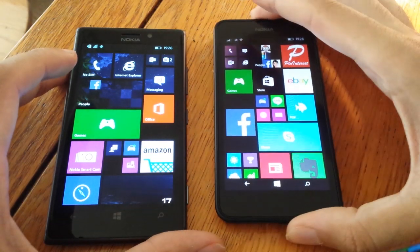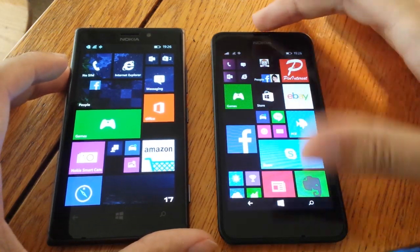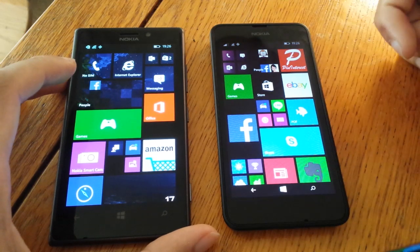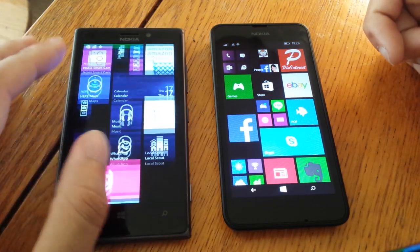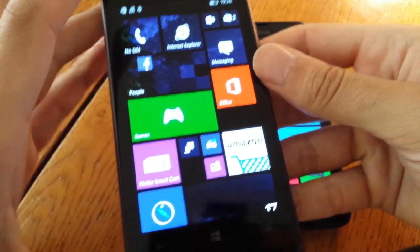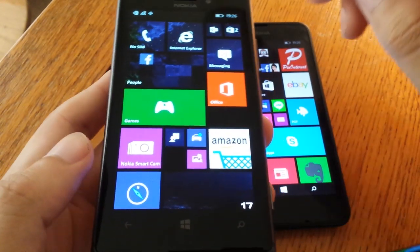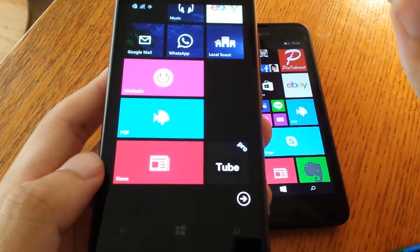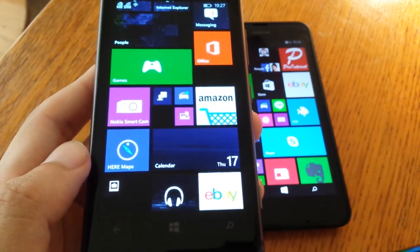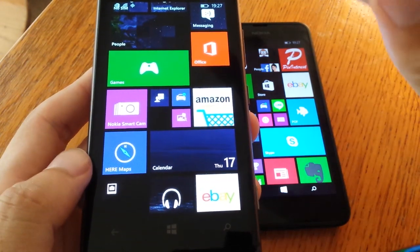On the other hand, the 925, in my opinion, still has an absolutely fantastic screen. It's an AMOLED display, so colours appear very punchy. Some people don't like the punchy look of AMOLED, but personally I'm a big fan of it. I think that also the screen tends to get quite a bit brighter than the